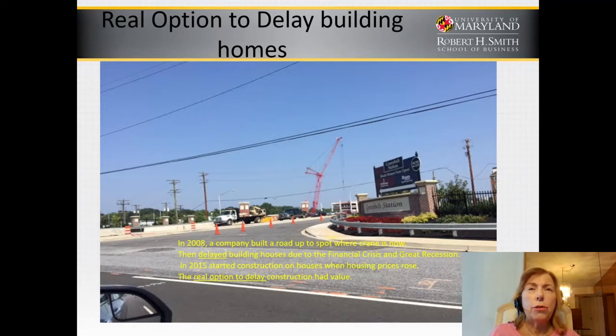We normally assume that a project must be taken today or foregone completely, but almost all projects have the embedded option to wait. A good project may be worth more if we wait. A seemingly bad project, such as building houses in Greenbelt, Maryland in 2008, may actually have a positive net present value if we wait due to changing economic conditions. We should examine the net present value of taking an investment now or in future years and plan to invest at the time the project produces the highest NPV.